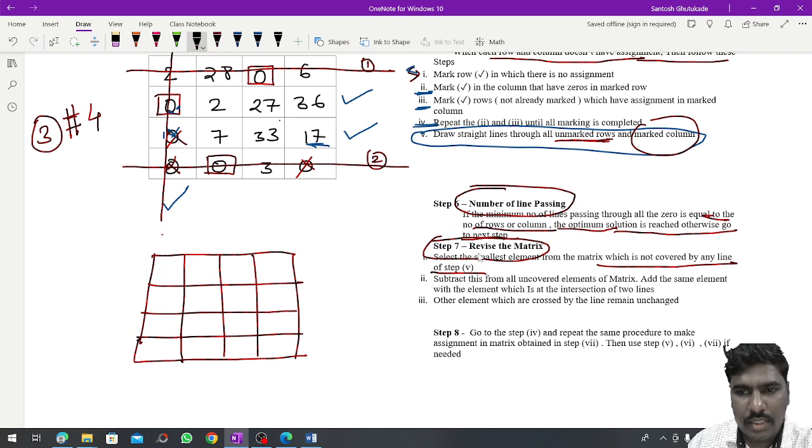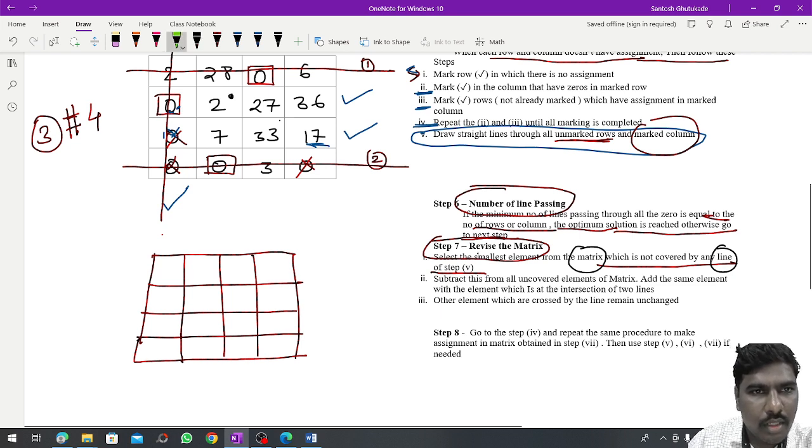Select the smallest element from the matrix which is not covered by any line. So the elements which are not covered by a line, this is the element, I will use another color, these are the elements which are not covered by any line, and the remaining elements are covered by the line.